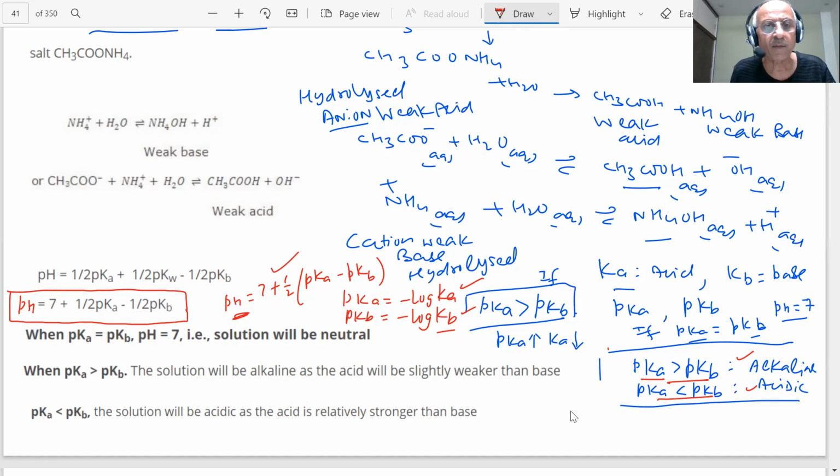Okay. Here we have shown you something very important. This is the most important part in the case of weak acids and weak bases, because both are being hydrolyzed. So the solution will not have a very large change in the pH from 7. They are weak now. Weak means it can be between 6 and 7 or 7 and 8. It cannot be on a very high side on either side. The solution will be alkaline if the acid is slightly weaker, and the solution will be acidic if the base is relatively stronger.